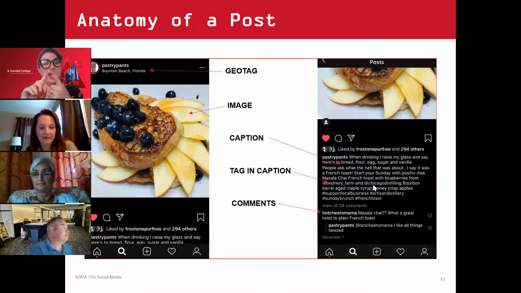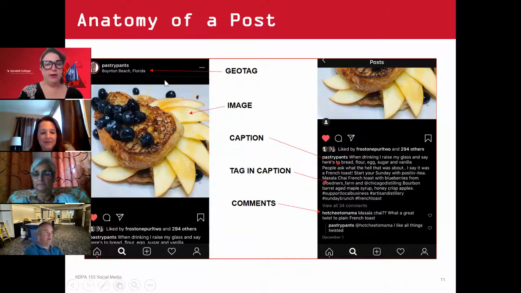Okay, so we have the tag in the caption, which is the tap on the shoulder. We have the tag on the image, which is that more permanent tie of us to another account. And then we have one more tag opportunity within our post, and that is right here, the Geo Tag. Geo tags actually get viewed more often than items without a Geo Tag, so I recommend you Geo Tag everything. Geotagging will tie that post to a location.